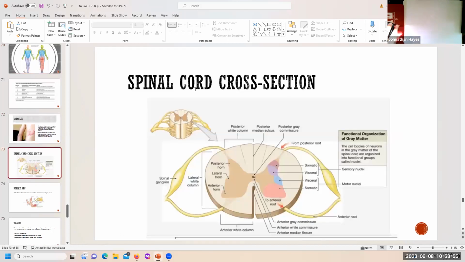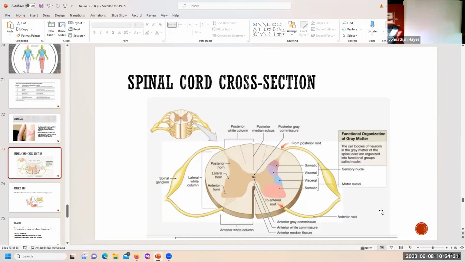And then I switched gears and we were going to talk about spinal cord cross-section. So I should show in this picture because this is what I'm about to draw. And I'll show you reflex arc real quick, because reflex arc just shows you how the body and the nervous system kind of work as a whole. It's a very simplified version of a communication between CNS and PNS, right? You know, we're going to pick up some type of sensation from the environment, internal or external. That's going to be traveling from the PNS toward the CNS. The CNS will then make a determination of what to do about this and send a signal back out to